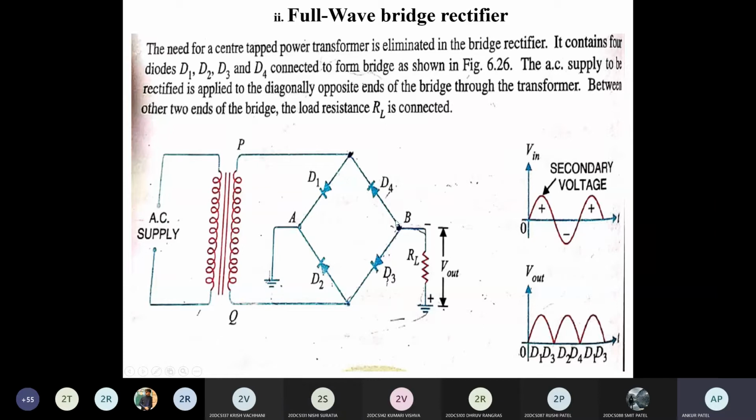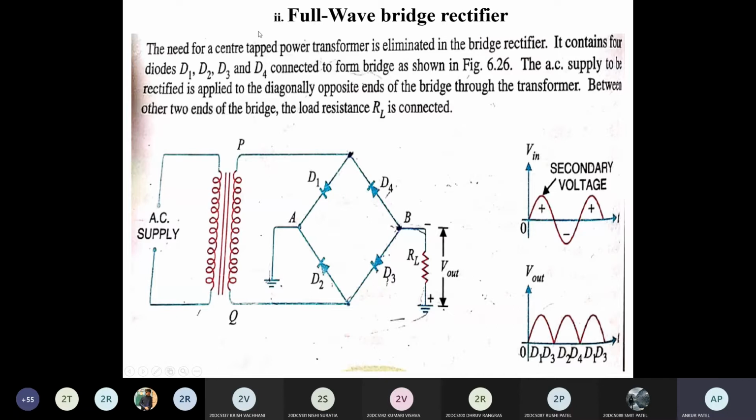So that's why it will follow this D4 path and this P. Okay, so positive to negative. So it will complete the whole circuit. So this is the conducting of D1 and D3, D2, D4, then it will continue D1, D3, D2, D4.